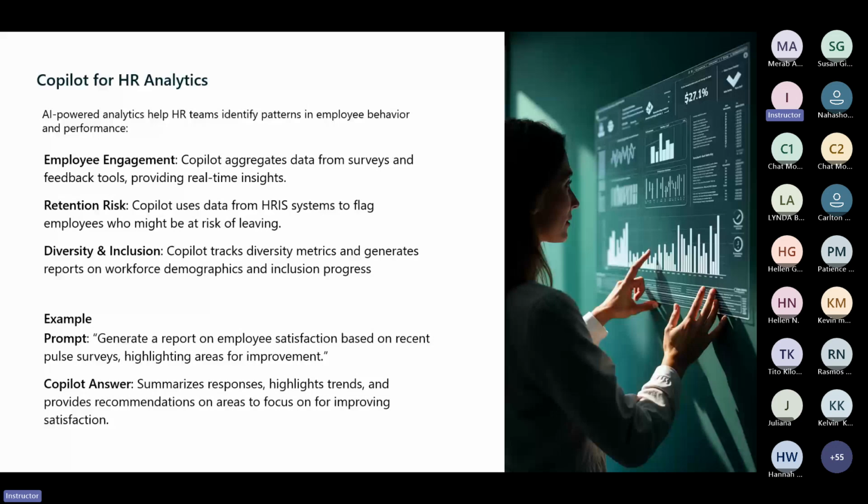Some best practices are mainly to have frequent feedback loops. You see, set up regular pulse surveys and allow Copilot to analyze responses in real time. In this way, you can use these insights to adapt strategies quickly to address emerging issues. You can also set engagement benchmarks, using Copilot to compare engagement scores over time, identifying patterns and correlating